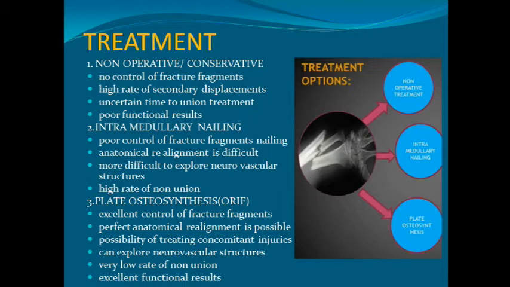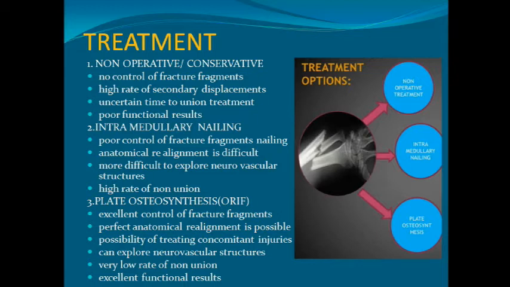In nailing, if we do ulnar nailing, we put an entry point from the elbow, from the olecranon process. We push a nail from here to here. So we are not opening the fracture site. If there is any neurovascular compromise, we won't have the chance to clear that. And for the radius, we put the nail from the distal part of the radius. For ulna we put it from the proximal side, for radius we push from the distal side. Here also the chances of non-union are very high if we do nailing.